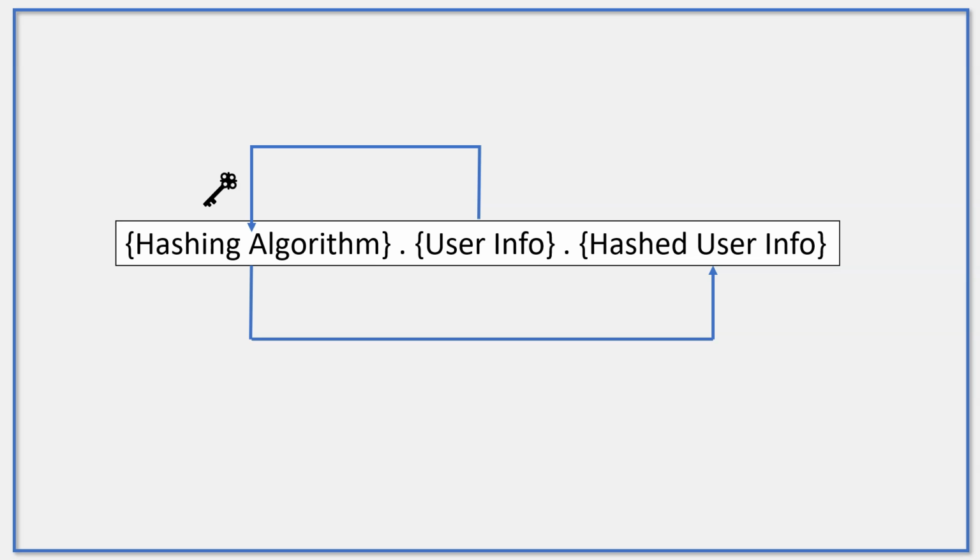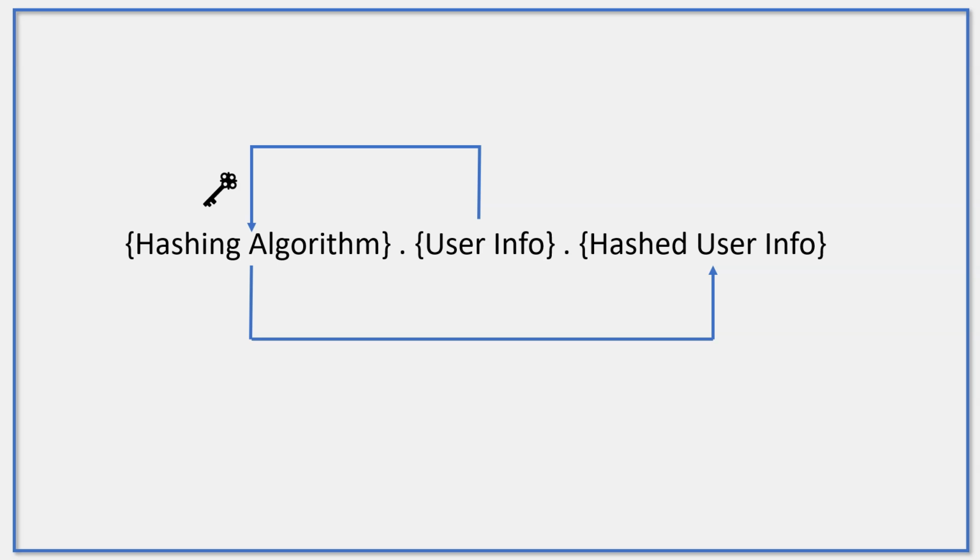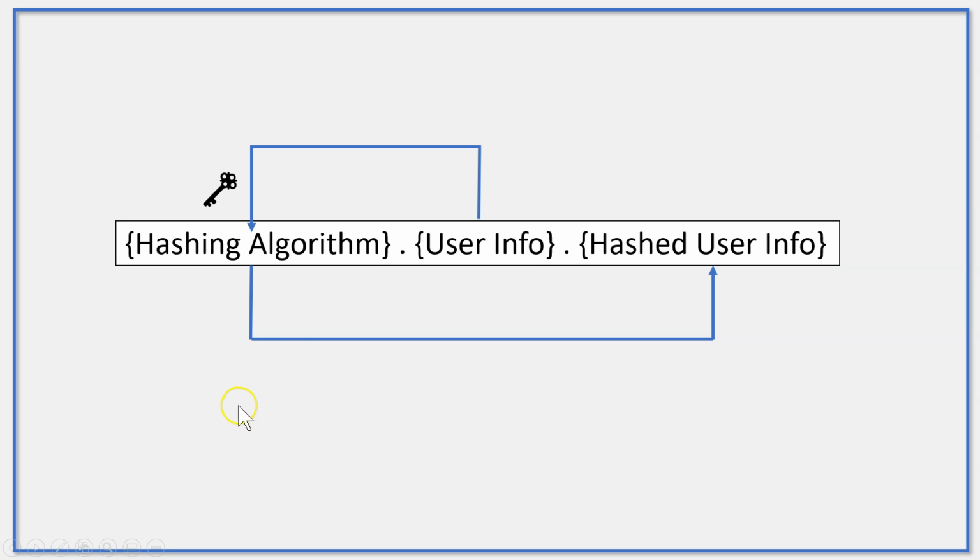Then what happens is that this whole process that I just demonstrated, taking the user information, taking the key, going through the hashing algorithm and generating the hashed user information, can be repeated without relying on a data store, because the user information is kept as